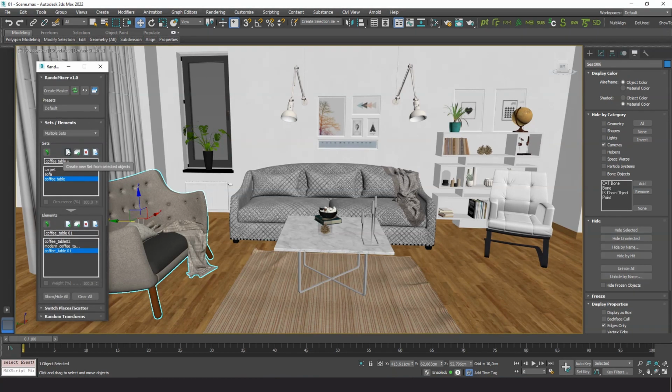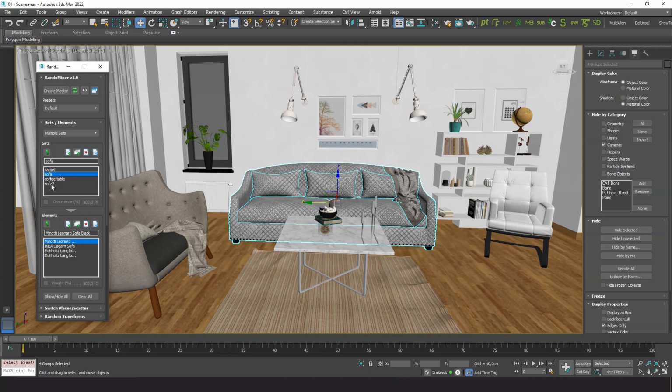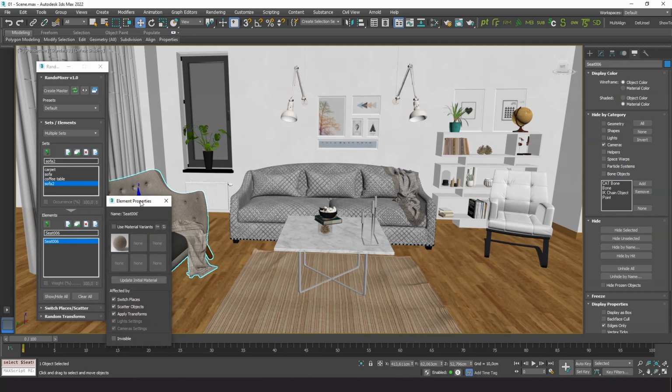We load it as new set and give it a name. Then we go to edit the properties of the element. Press this button to open the Element Properties dialog.